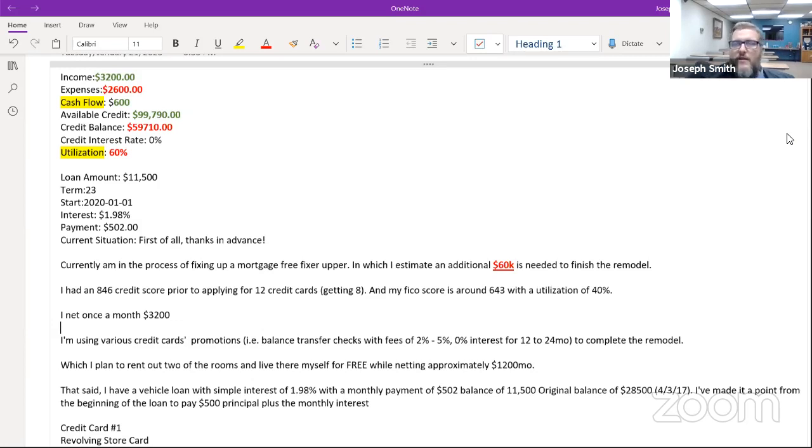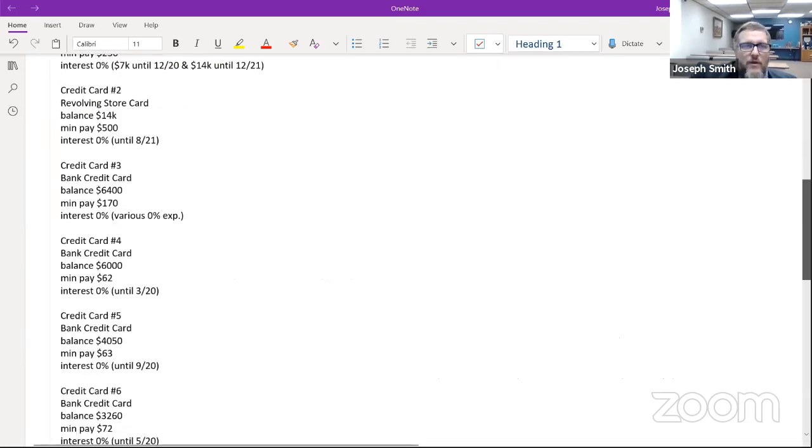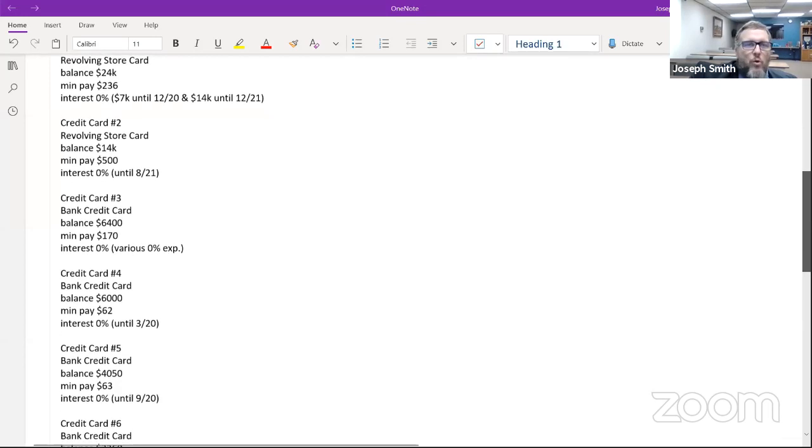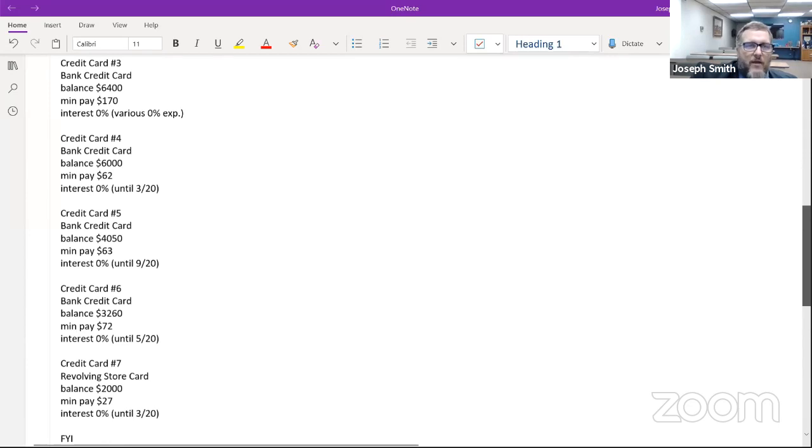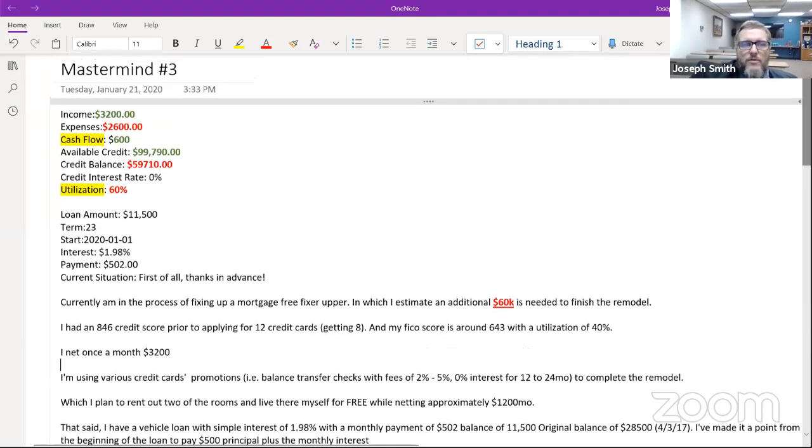They have a lot of credit card debt. It's not all cash credit. If you look at a lot of these, you've got revolving store cards. You do have some bank credit cards. So I have to do some kind of figuring here because I don't have all the information, but it looks like there's roughly around $30,000 of cash credit, while the other 2/3 of this, 66,000, is in about revolving store credit.